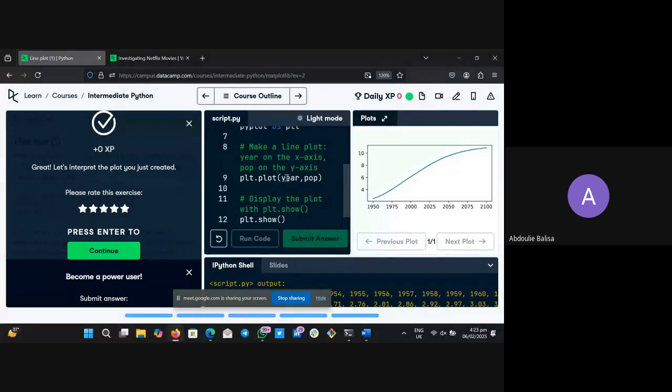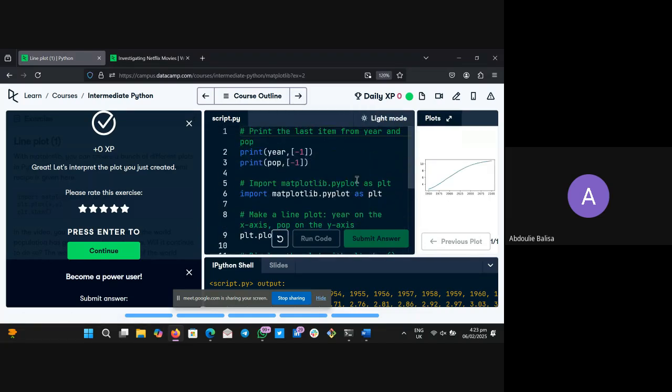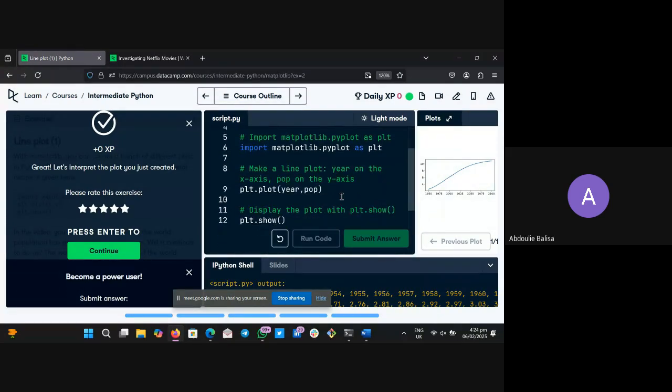But you have many other types. You have scatter plot and other ones. So we are going to talk about them. Is this part clear? You are going to import matplotlib as plt when you are coming to plot. When you want to plot the values, you have the names of the values that you want to plot. You put them in the way that you want to see them on the graph. The first one will be the X, the second one will be the Y. So that's how it is plotted. And you have to show it in